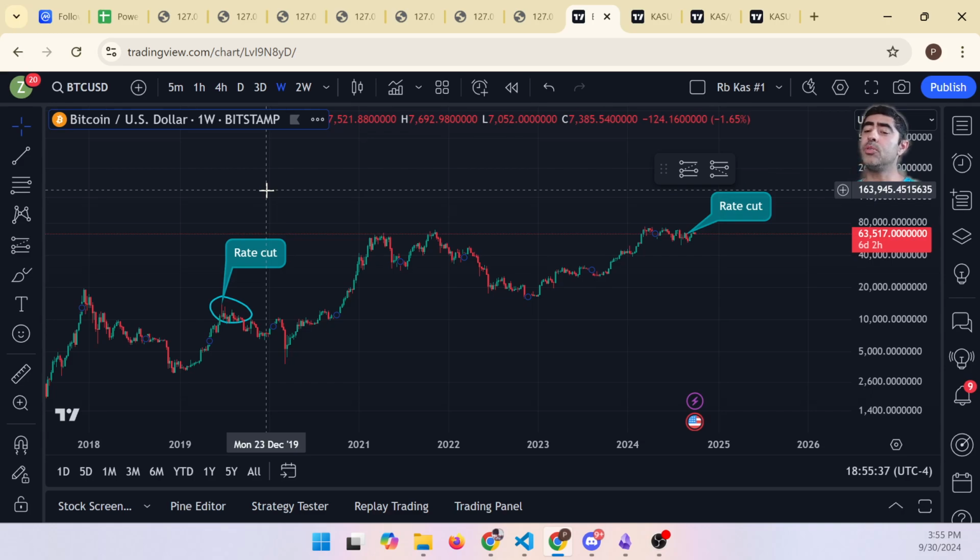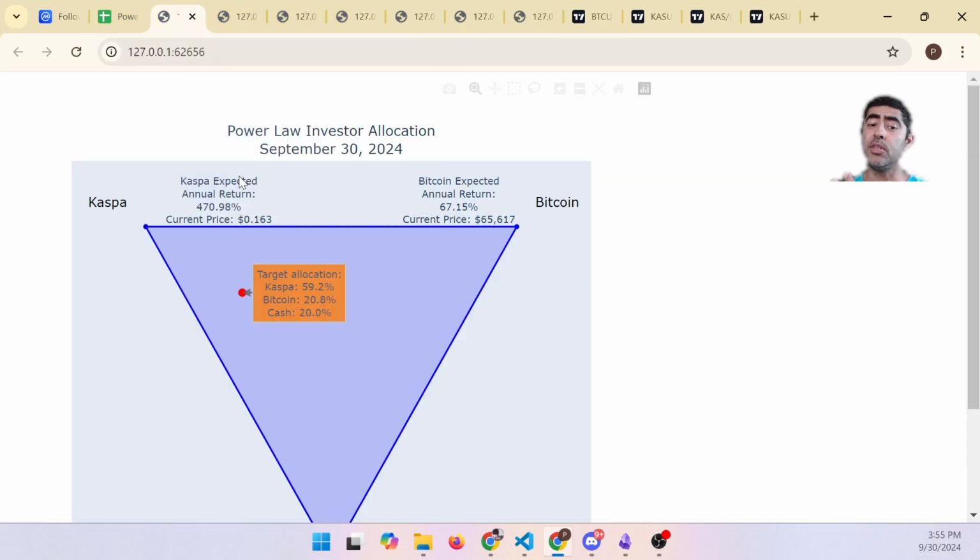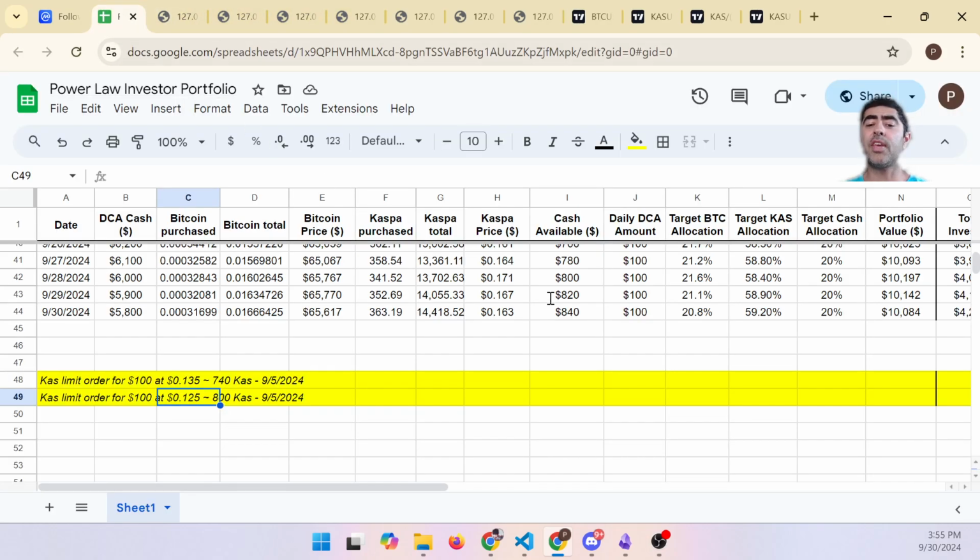I think there's a good chance we might see lower prices for the next few weeks, maybe even months. But sooner or later, I think that transition happens. And if you're using the power law to invest systematically on a day-to-day basis, but also have cash reserves in case we get some lower prices, that puts us in a great position. So as always, time will tell. I can't predict the future. I don't think you can, otherwise you wouldn't be listening to me here either.